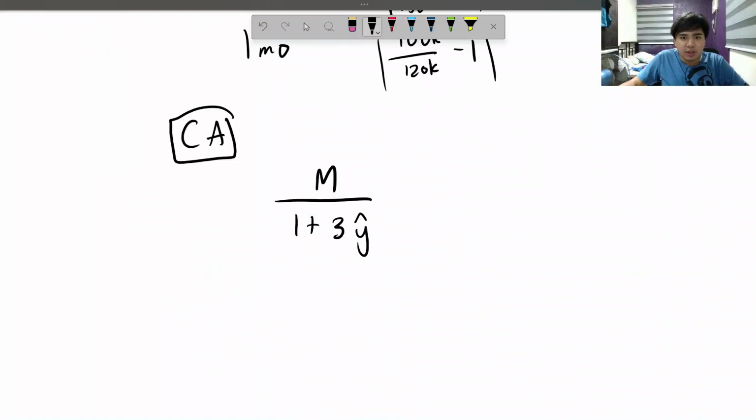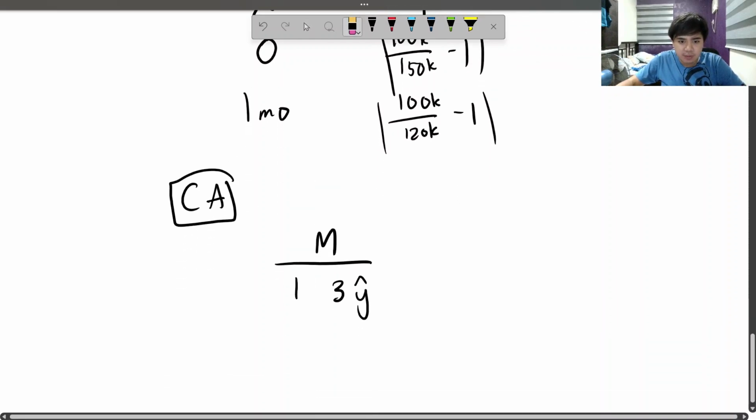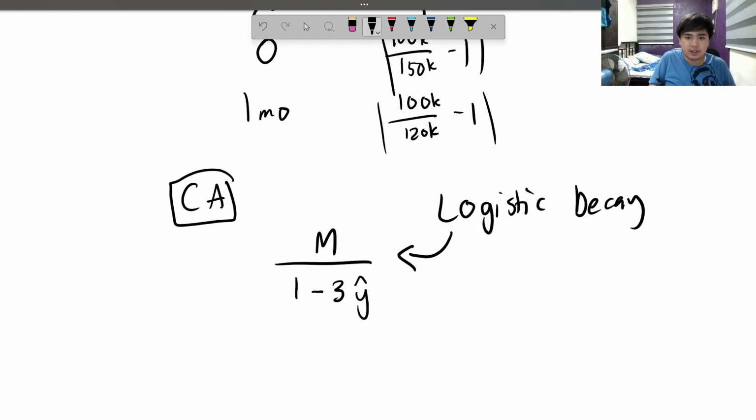That's not the answer, of course, because the population is more than 100,000 at that point. So we need to input it in something like this. But since this is decay and we did an absolute value here, this plus cannot be a plus. Normally it would be plus if it's logistic growth. But since this is logistic decay, we need a minus in here. Okay, this is logistic decay. If this was logistic growth,